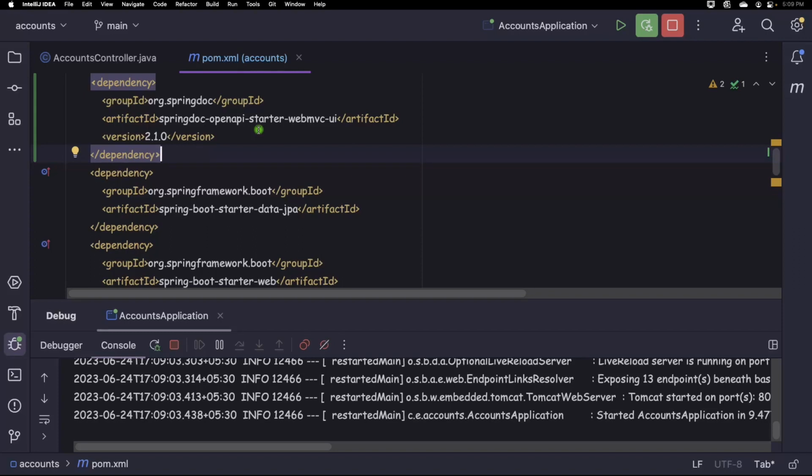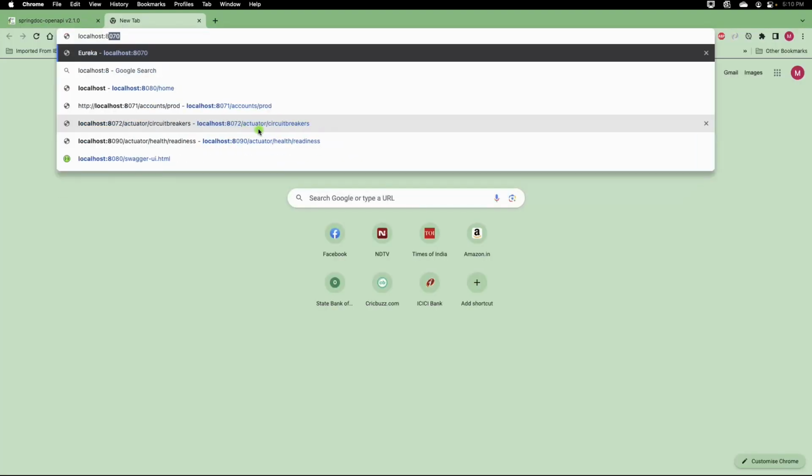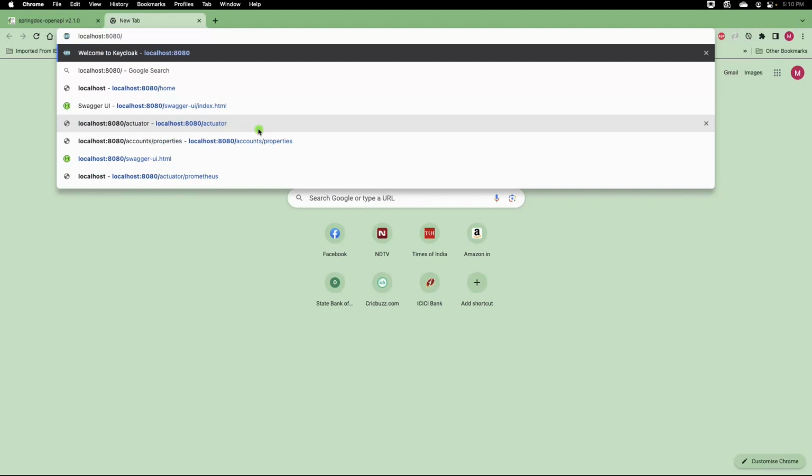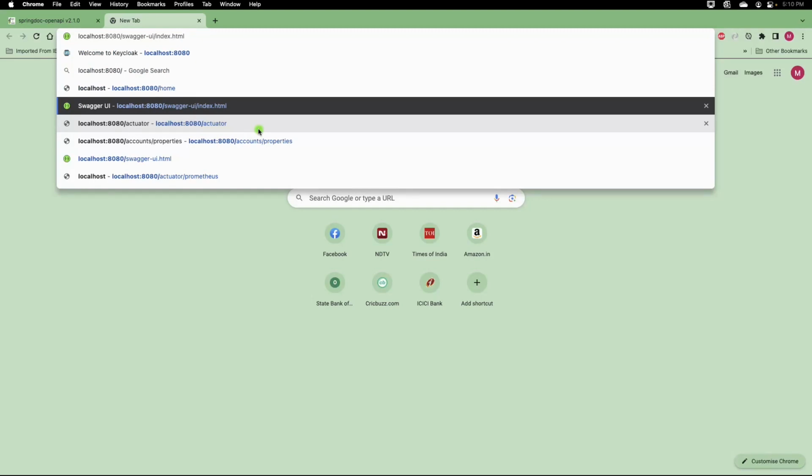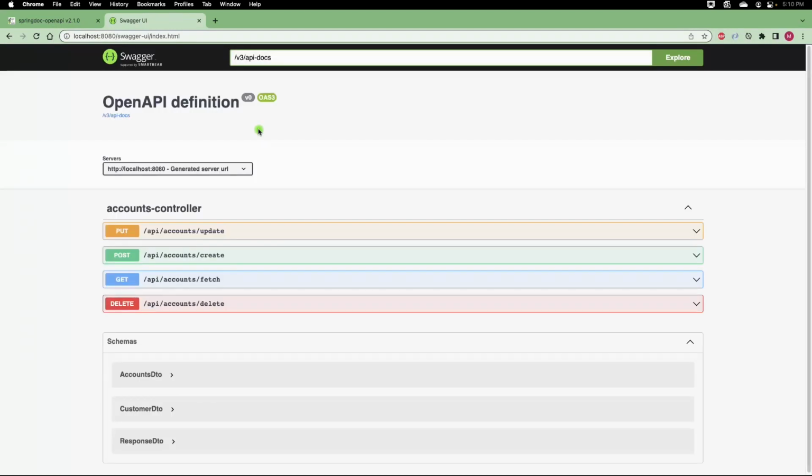So you need to access a URL inside your web application against your port 8080. In order to view the REST API documentation details, you need to open a URL inside your browser. The URL that I have to open here is localhost 8080, because I started my web application at port 8080, and after that swagger-ui/index.html. As soon as you enter, you can see there is a beautiful Swagger UI available inside your web application, which can be accessed by anyone,